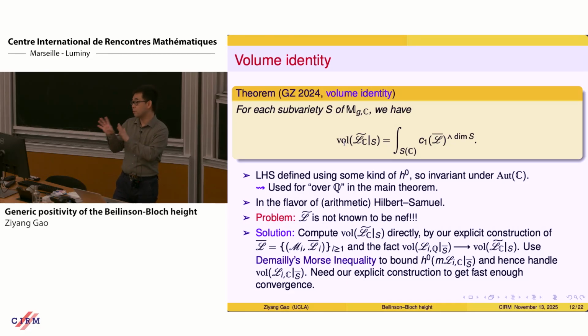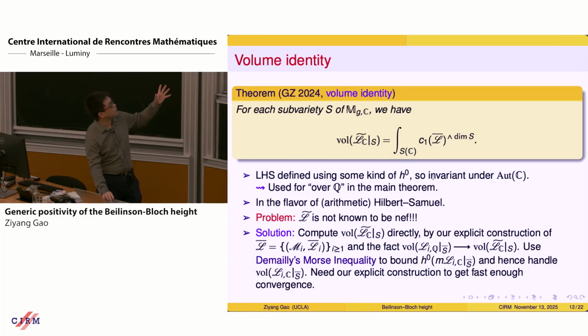It's really defined over Q, so it's invariant under the automorphism of C. On the right-hand side, you have something very complex geometry. So when you apply the automorphism of C, you will get something,